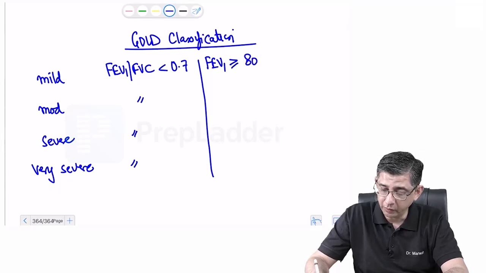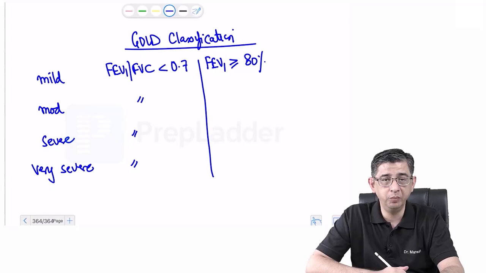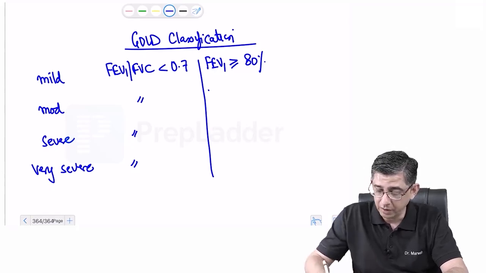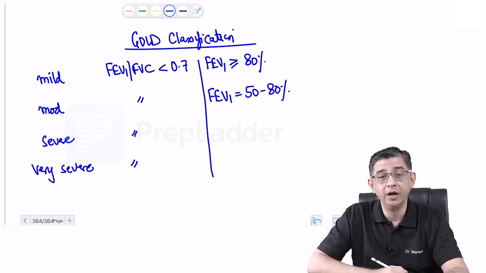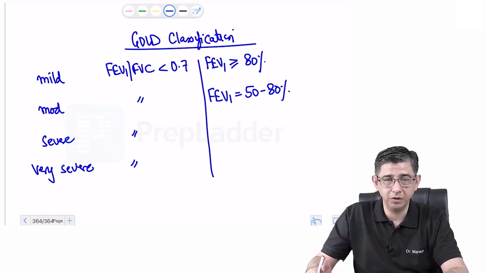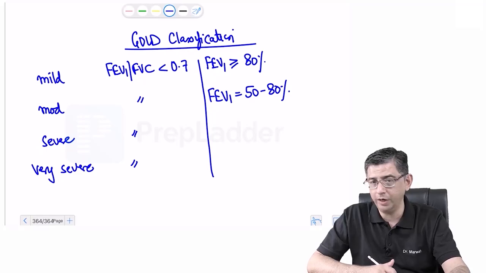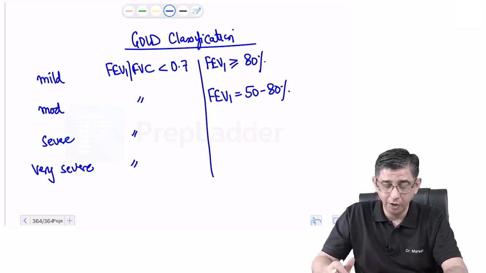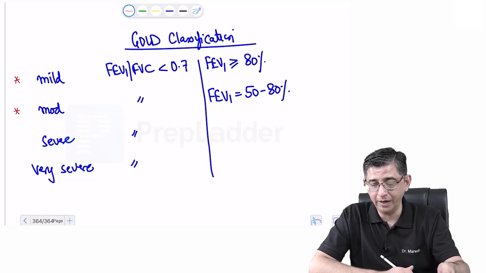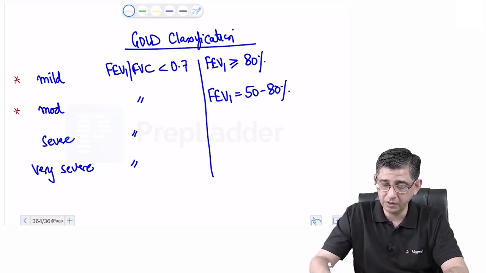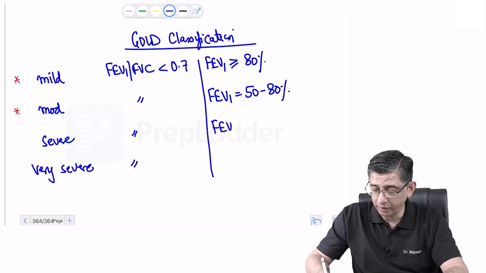If you notice that in any question, the value of FEV1 is given to be more than 80%, whereas in another MCQ you notice FEV1 is given to be, let me say, 55, 60, 70%, between 50 to 80%, then when you are reading the value in the question of FEV1, even before the bronchodilator, after bronchodilator, these mathematical values, you have to understand that from the exam perspective it is telling you whether it is a mild case of COPD or a moderate case of COPD. As far as the severe case is concerned, the FEV1 will be between 30 to 50%, and for very severe